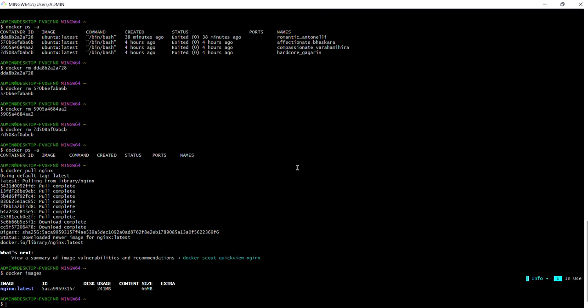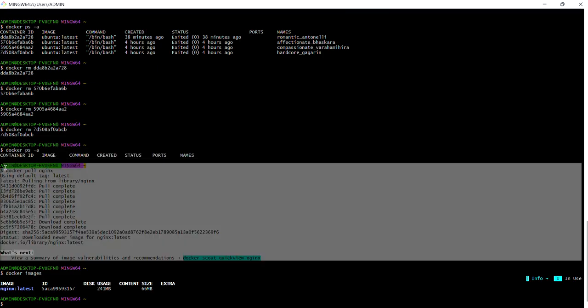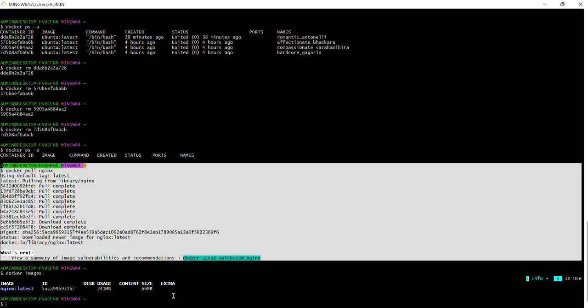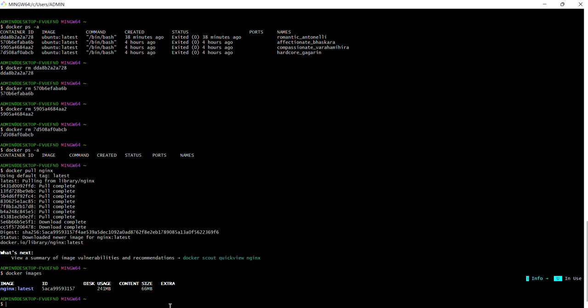Before, what we did, first we saw Docker, what type of Docker, what version it is, right? Then we checked whether the service is running or not. Then we installed the image. This is the process of installing the image. Once I am done with that, I will check my image. Okay, pull.